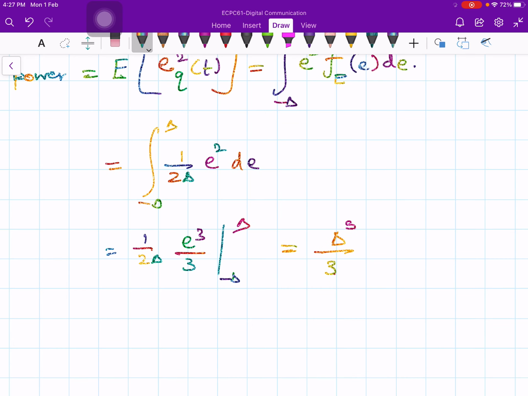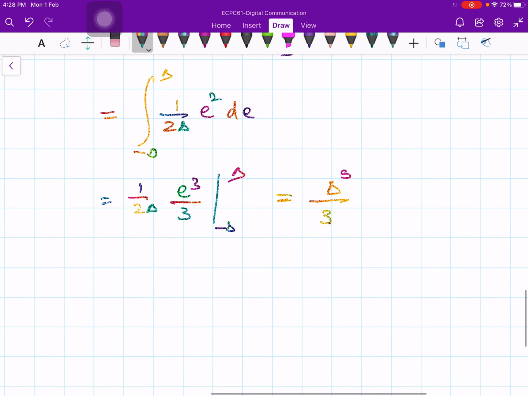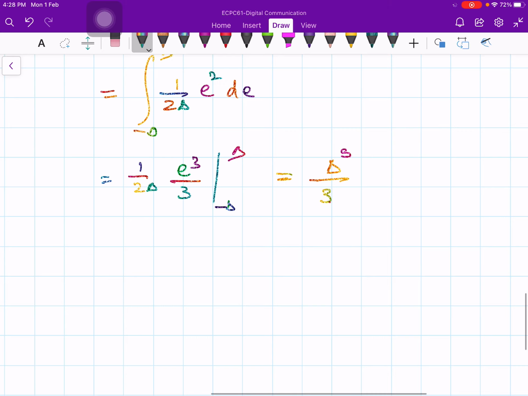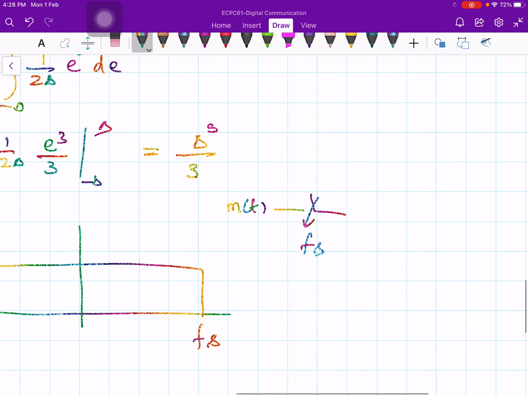So we make an assumption that the noise is uniformly distributed. Now fortunately for us, not all of this noise is what you will finally hear after demodulation. This noise is spread in the range from minus fs to plus fs, where fs is the sampling frequency. So you have the m(t) and the sampler is at the rate of fs, and the noise is uniformly distributed between these two limits. But in the receiver, we are planning to find out the signal power and noise power.